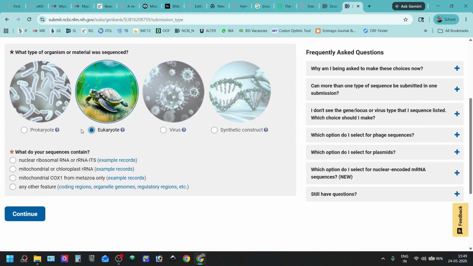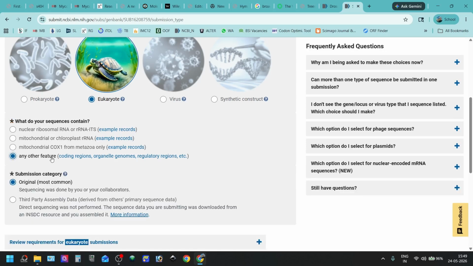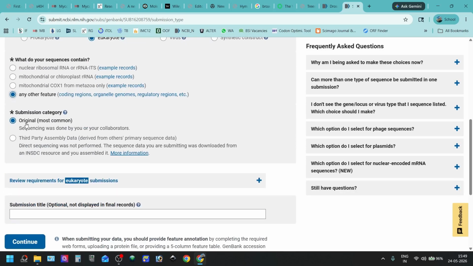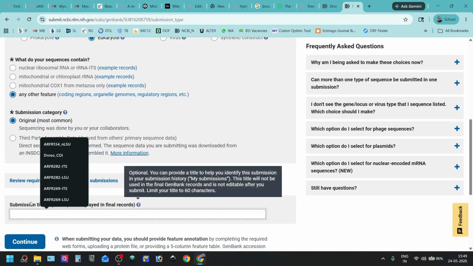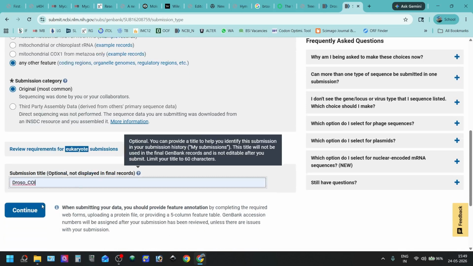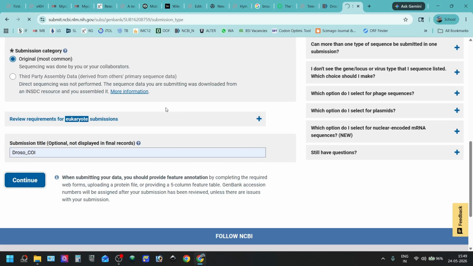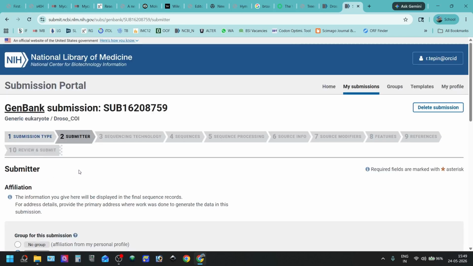Then press eukaryotic because your organism is eukaryotic, and then click this one, any other features. And then you have to choose original because it is your own data. So I'm just using original for now as an example. You can choose submission title. For example, I'm just going to click use this. For example, you can put your specimen number,